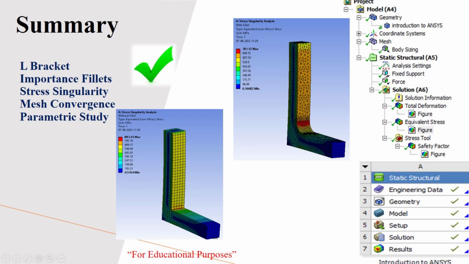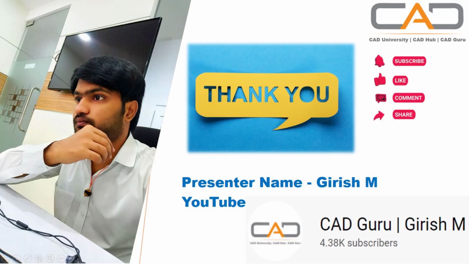Okay, we have utilized the parameters to deal with the results, so just changing the parameters which we are looking for and getting the required results will help us to get the mesh convergence with respect to the accurate results. Okay, that's all about this